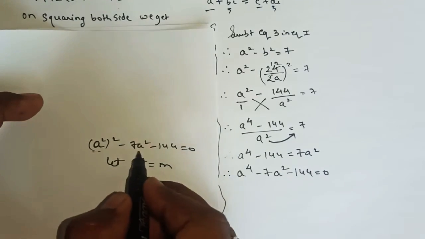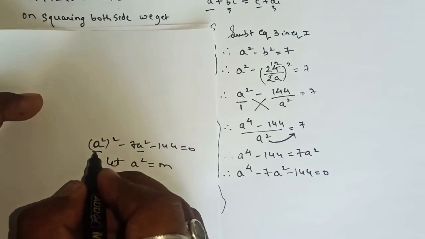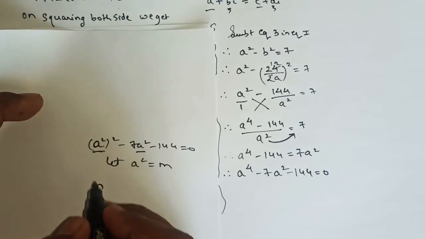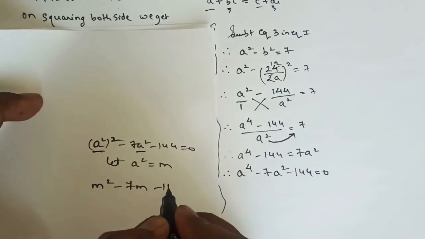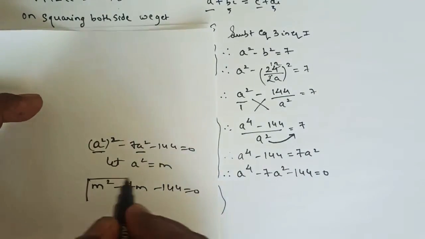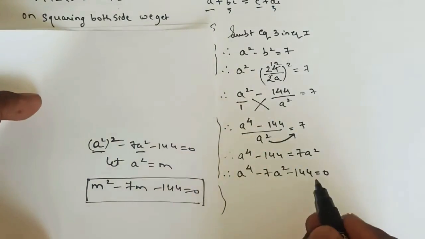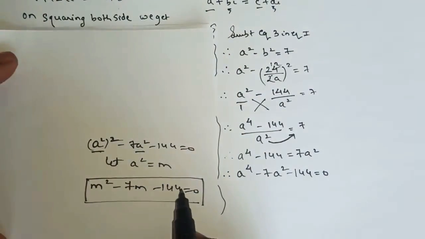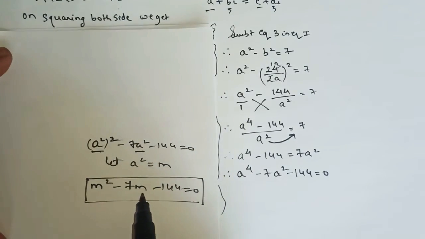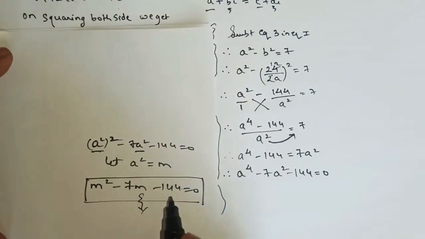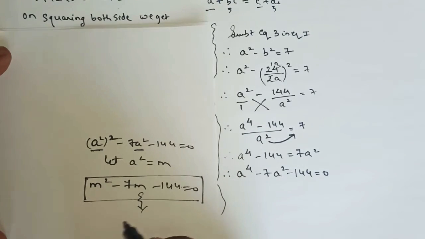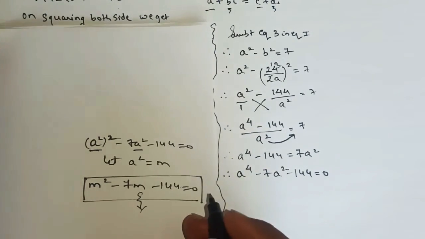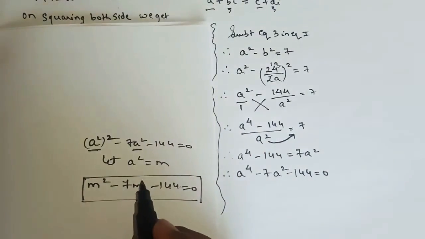So in place of a square, wherever you see a square, just write m. So here in place of a square we'll write m, and there we have square also, so m square minus 7m minus 144 equals 0. So in simple language, I just converted this equation in a proper quadratic form. And we know that whenever it is a quadratic, we know exactly how to find the value of that particular alphabet simply by solving this equation by using factorization method. What is factorization method? Splitting of middle term.